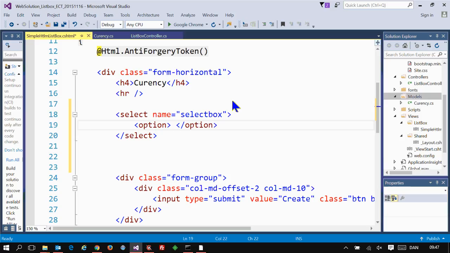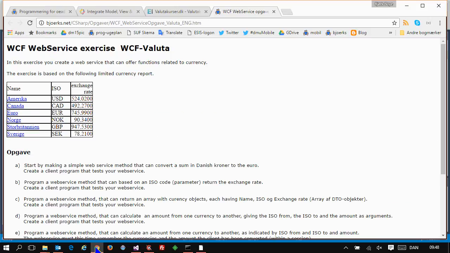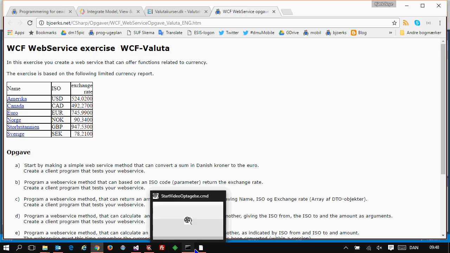So it will be the same here. So we might, for instance, say DKK. Just have a look at the, so we could just copy some of them. So we got USD, American, we got Euro. If we make 3, that would be enough, I think. So let's just make